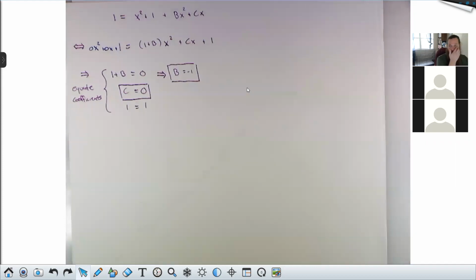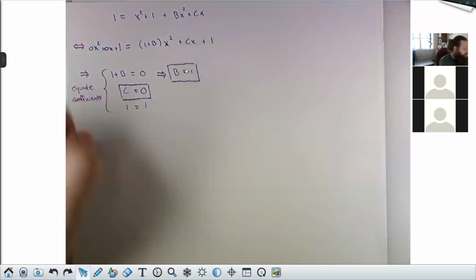Sometimes the systems will be easy to solve like this. Sometimes they'll take a little bit more work, like in our first example last time. Doing the Heaviside trick first makes this easier because otherwise this would say A plus B equals 0, and the coefficient of x would be a little bit more complicated. Just by having found as many things with the cover-up method as you can, you save yourself time at this stage. So I know A is 1, I know B is -1, and I know C is 0. So what I've learned